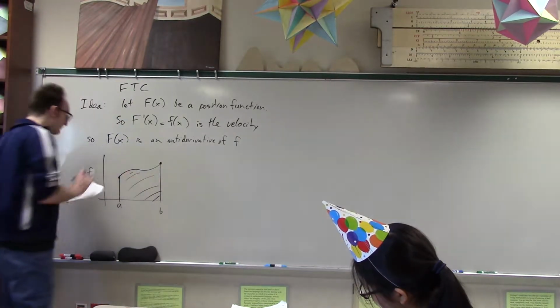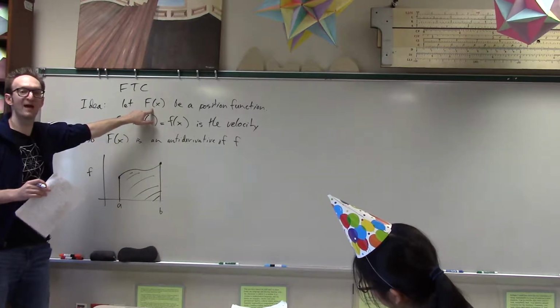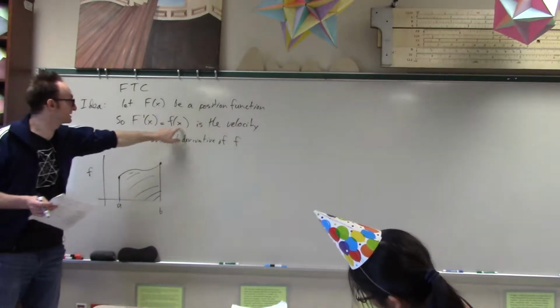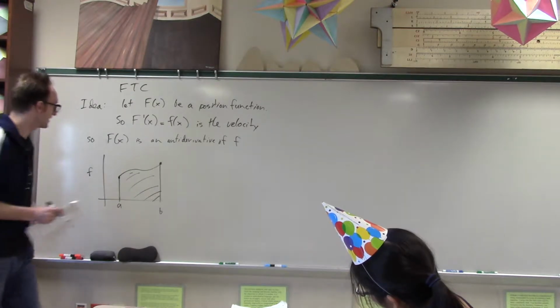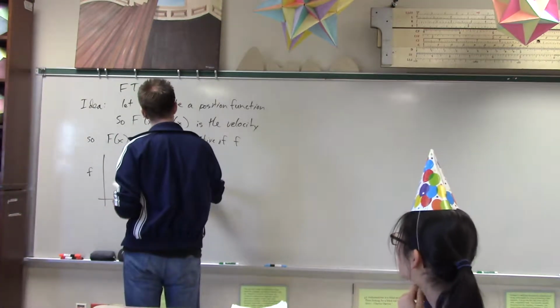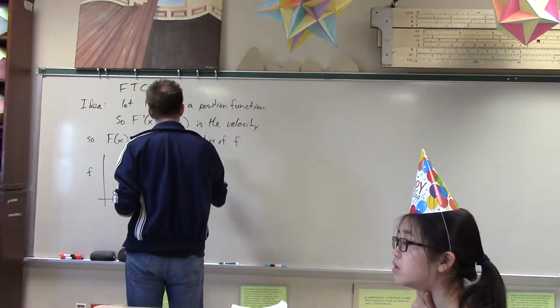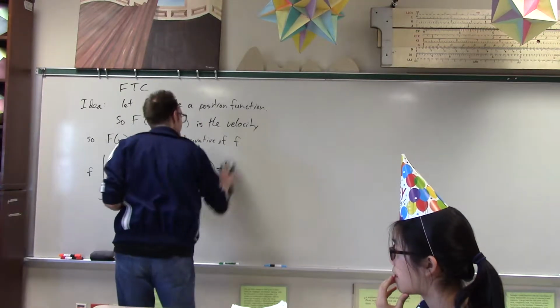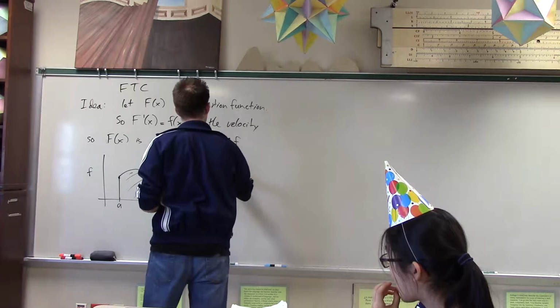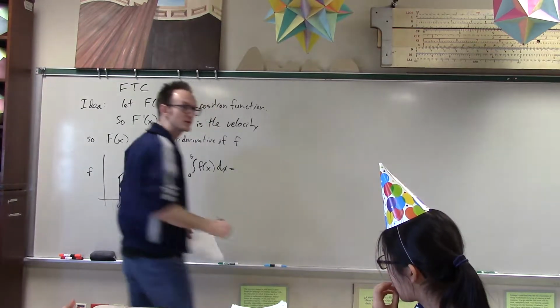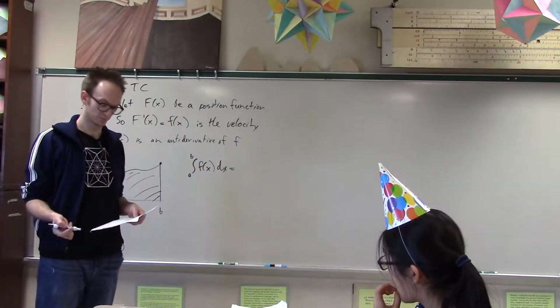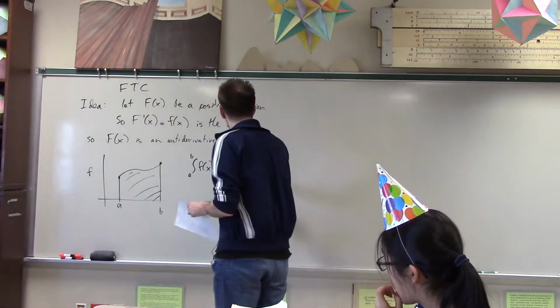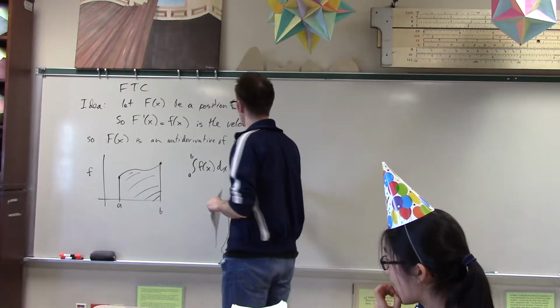If I have this big F position function and this little f velocity function, then of course, as we already know, when I take the integral from a to b of this function little f, then what do I get? What I get is the change in